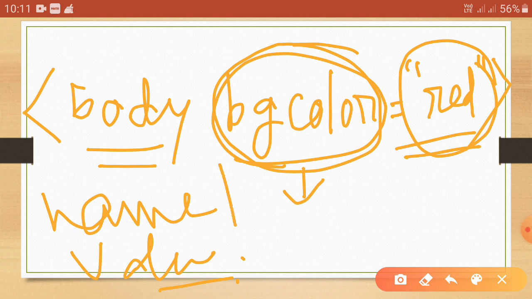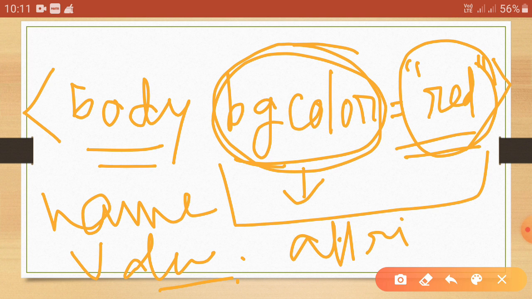So these two make the attribute. Got it? You can also give different types of color as your choice, according to which you will have the background color. So, got the tag attributes? I think so.